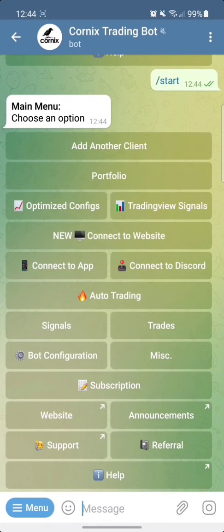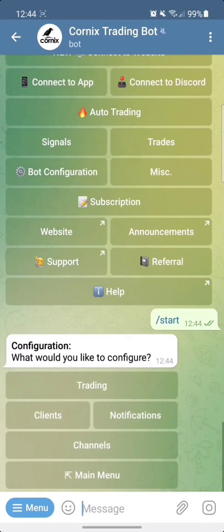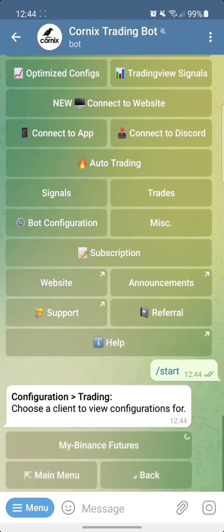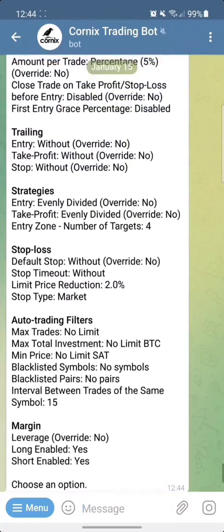Just click on bot configuration. Not able to click it yet. Yeah, then trading, then your client, then we have this